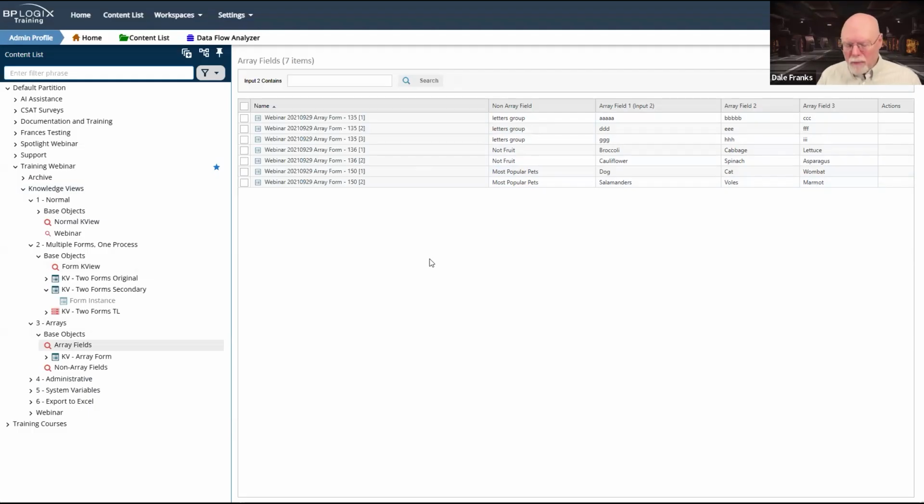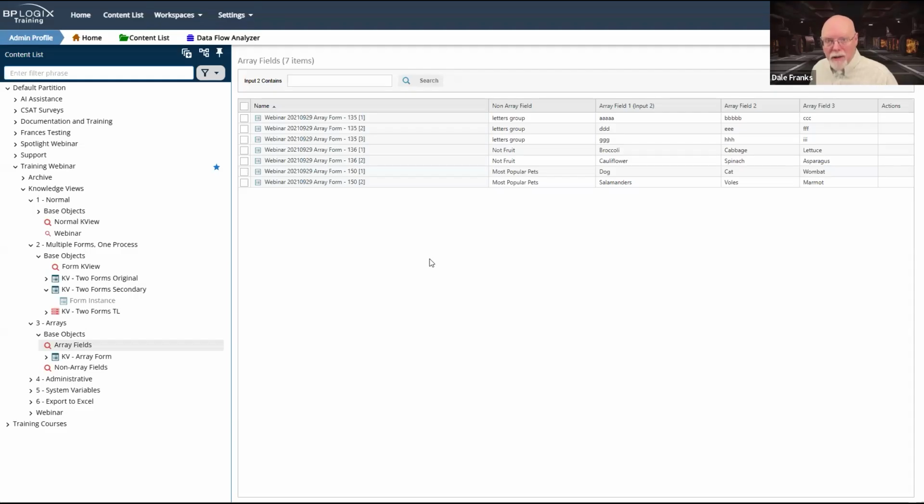When you have a form with an array, you almost always have some fields that are inside the array, but there are always some fields that are not part of the array. So Process Director has to try to figure out how to bring that information into the knowledge view.